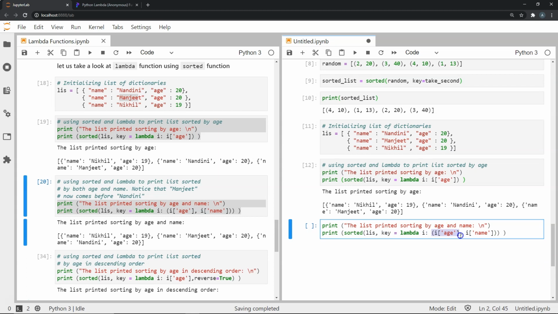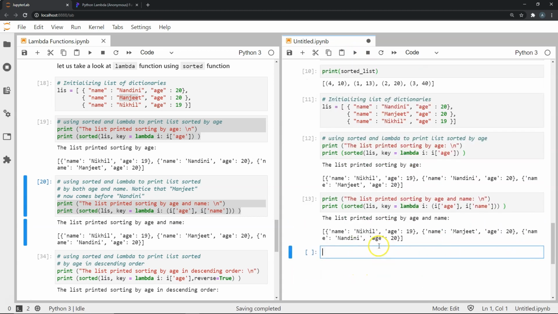The first key will be the age key, and the second key will be the name. So it will first sort on age and then on name. Now the result should be that Manjeet will come before Nandini, even though the ages are 20, because M comes before N in the alphabet. As you can see, this is the result.